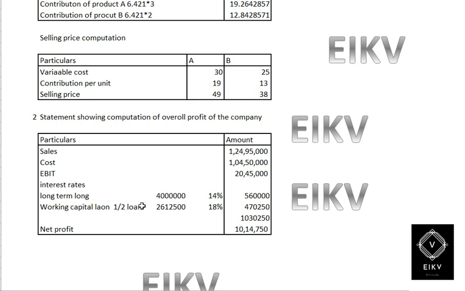Therefore 26 lakh 12,500 multiplied by 18% will give you 4 lakh 70,250. Therefore the total interest is 10 lakh 30,250, which will give you a net profit of